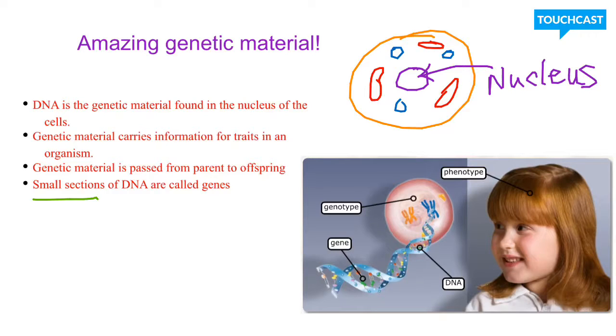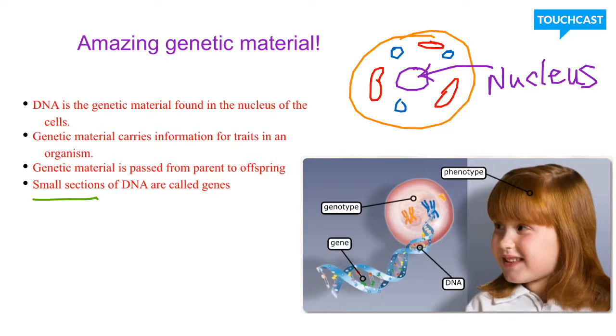You'll remember when we talked about plant and animal cells and the ones that were eukaryotic, U means yes to nucleus. In that nucleus we called it the brain of the cell that has that genetic material. Well, another name for that is DNA. That genetic material carries information for traits in an organism. Those traits are then passed down from parents to offspring during that sexual reproduction phase that we talked about earlier